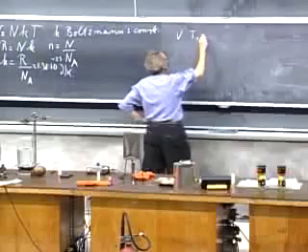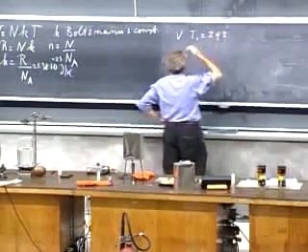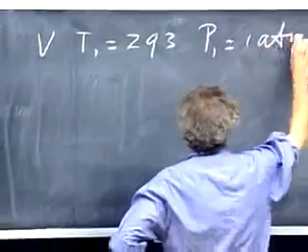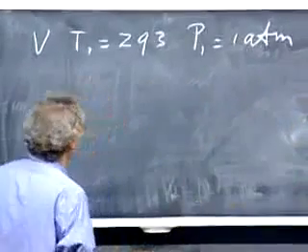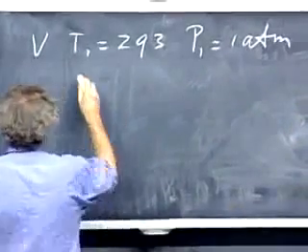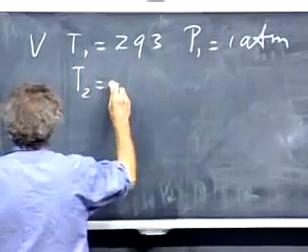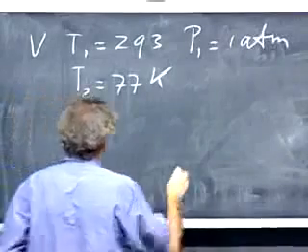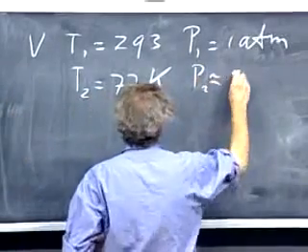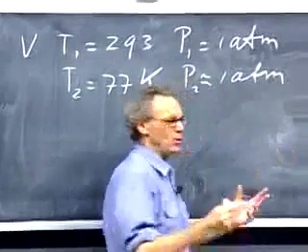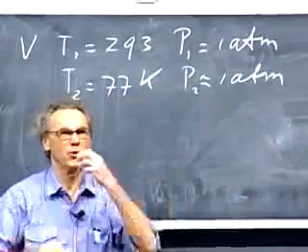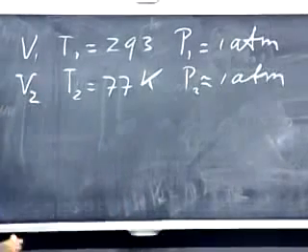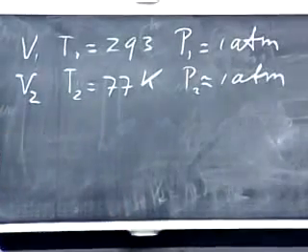They are at room temperature, which is 293 degrees. And the pressure inside is very close to 1 atmosphere. There's almost no overpressure in those balloons. I'm going to make the temperature 77 degrees Kelvin, which is liquid nitrogen. The pressure will remain very closely 1 atmosphere. These balloons don't have very much overpressure no matter what you do with them. And so I want to know what the volume is, how much they're going to shrink.